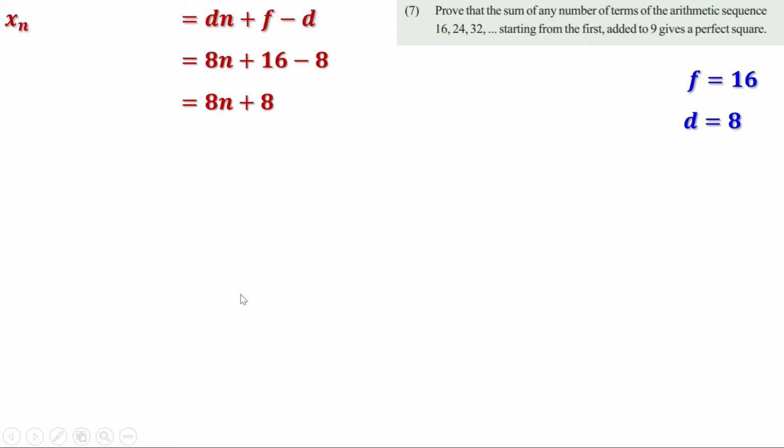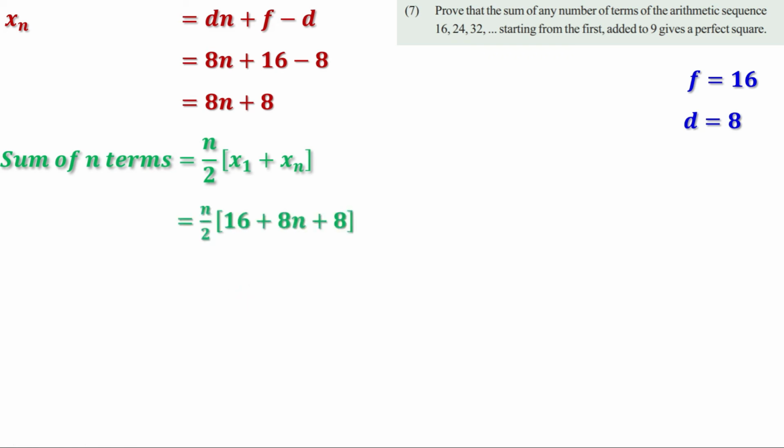Now let us find the sum. Sum is equal to n by 2 into first term plus last term. That is n by 2 into 16 plus 8n plus 8. Now 16 plus 8 is 24, so we can write it as n by 2 into 8n plus 24. Now 8n is 2 into 4n and 24 is 2 into 12. So 2 can be taken outside and we can write it as n by 2 into